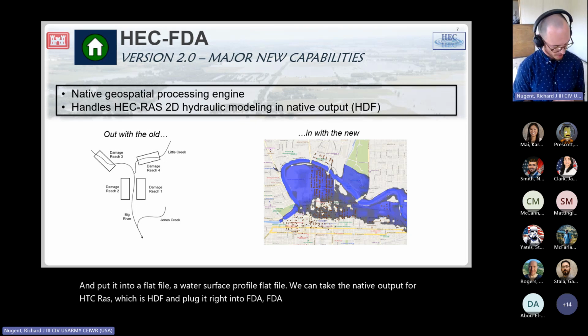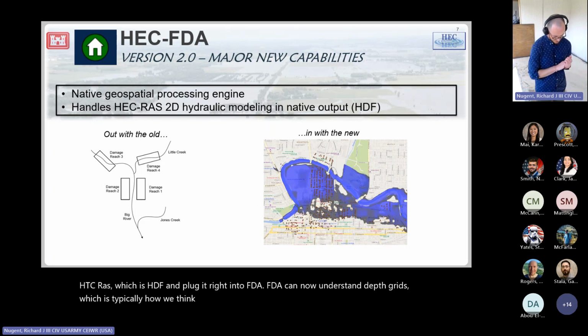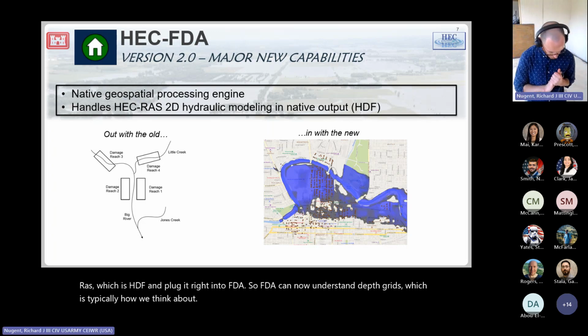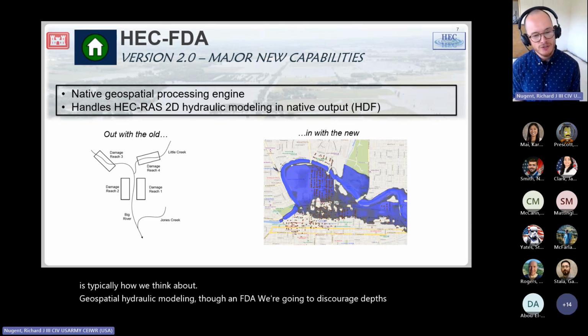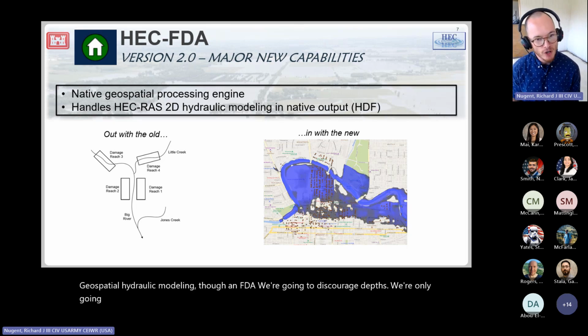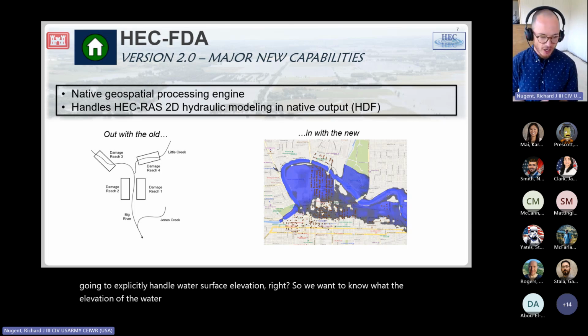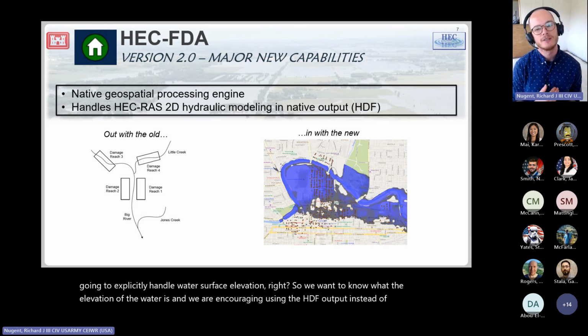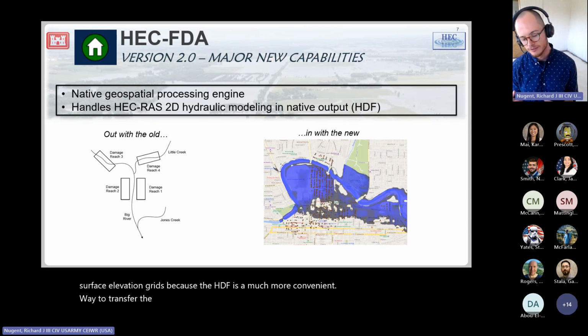So FDA can now understand depth grids, which is typically how we think about geospatial hydraulic modeling. Though in FDA we're going to discourage depths, we're only going to explicitly handle water surface elevation, right? So we want to know what the elevation of the water is, and we are encouraging using the HDF output instead of water surface elevation grids, because the HDF is a much more convenient way to transfer the data. The grids